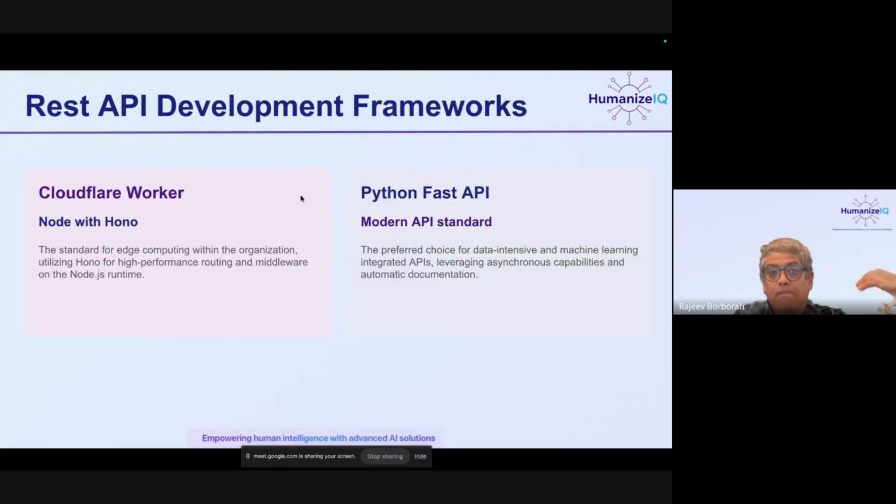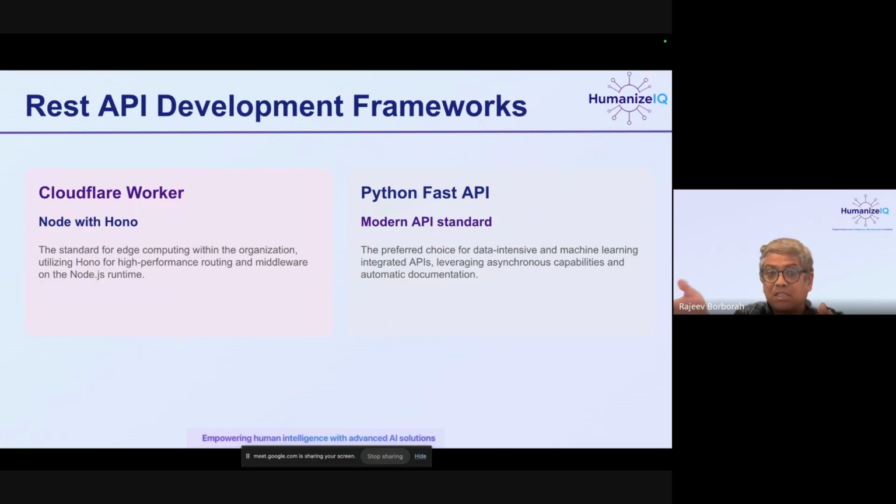Okay. There are two kinds of API frameworks that we will use in our organization. One is the Cloudflare Worker, which is what we're going to do the practice on today. And there we will be using Node with Hono as the framework. Using Hono means that we get the Swagger documentation automatically out of the box. You don't have to manually create it. The other one is the Python FastAPI framework, which when you use also creates Swagger and OpenAPI documentation automatically out of the box. So you don't really have to do much for the documentation other than use this framework. They built it out of the box. Both are used when we want to deploy a container in a container environment.